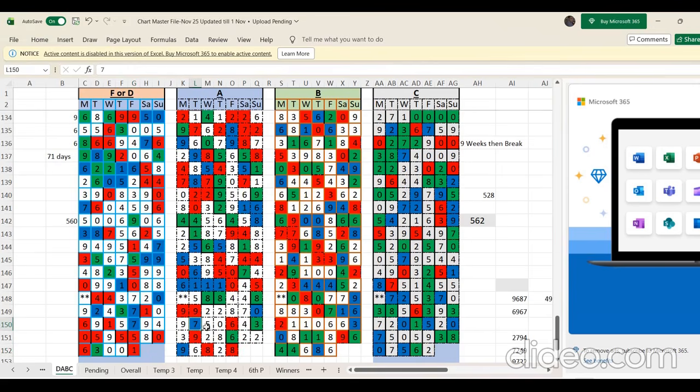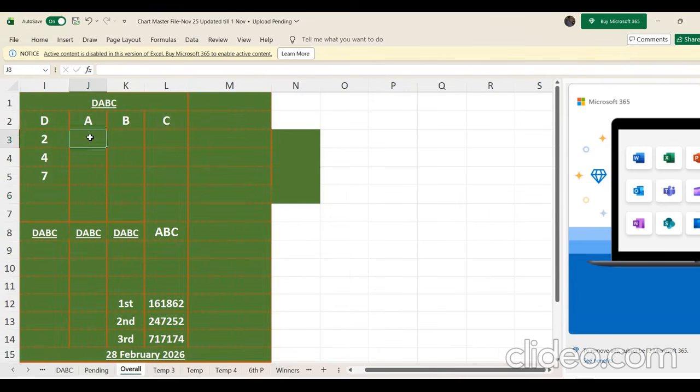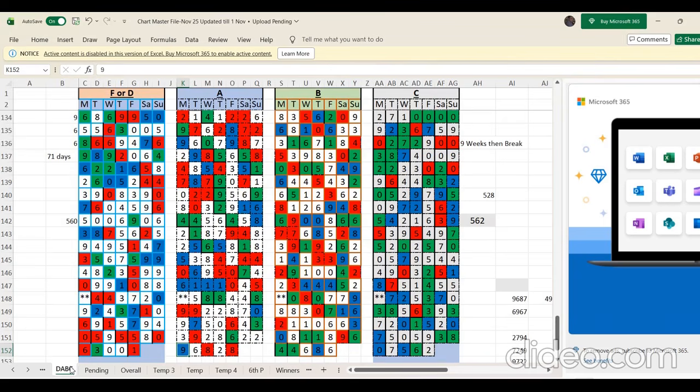Combination of red and green, based on 0 which came on Sunday last week, is 1, 3, 6 and 8. So you can see since Monday we had 6 on Monday, Tuesday we had 3 and Friday today we have a 1. 3 sequences out of 5 days. Similarly, red and blue would mean 1, 2, 6 and 7. Similarly, green and blue would be 2, 3, 7 and 8.